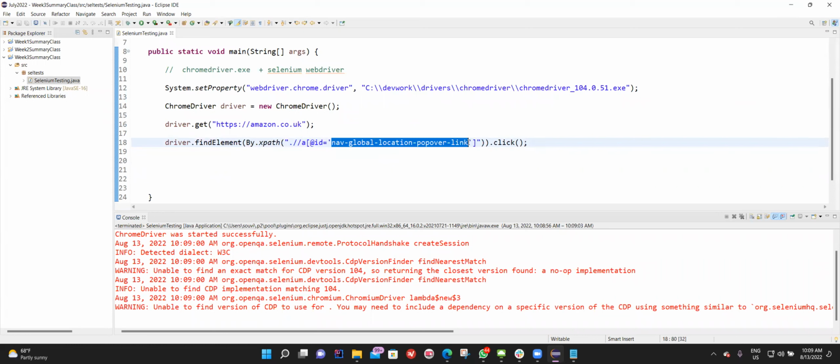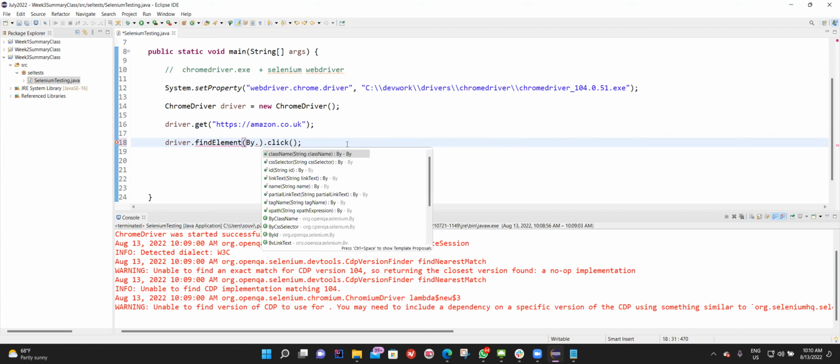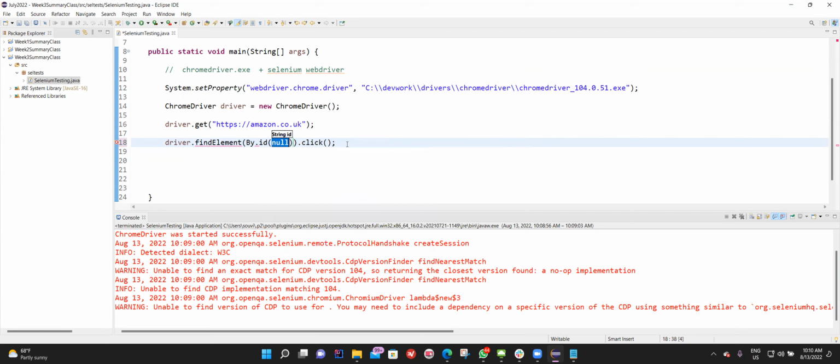Take the ID out, change this whole thing to dot ID. You see, there is another method called ID, and then pass the ID here, like this. If you already have an ID for an attribute,